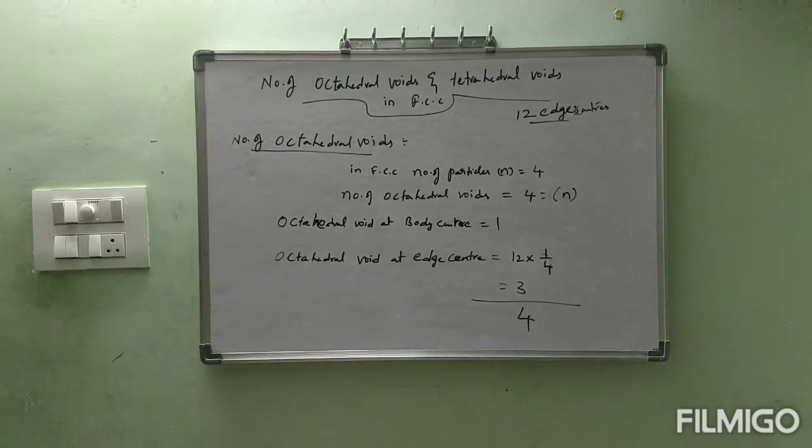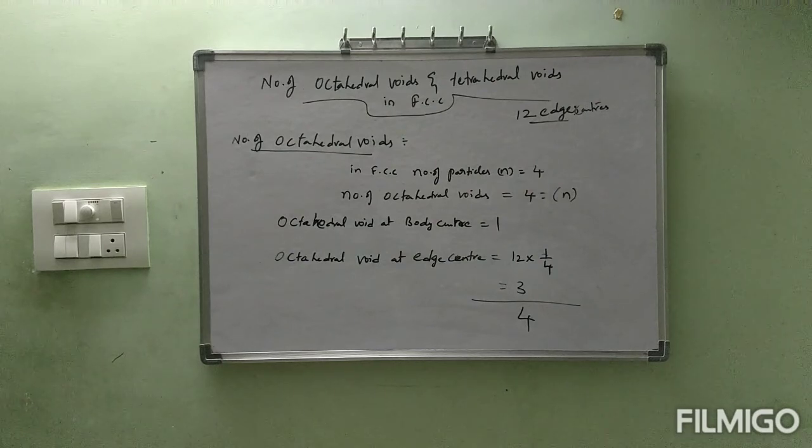I hope you are clear in what way we have calculated the octahedral voids. Okay. If you say one more time, if you want that explanation, I am ready to give the explanation also. But you have to be highly imaginative. You have to imagine the positions clearly. Okay. So with this number of octahedral voids I will stop today. Number of tetrahedral voids, it is a simple one only. In the next class I will go through that and defects also.